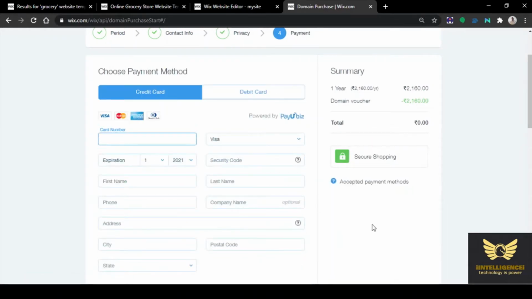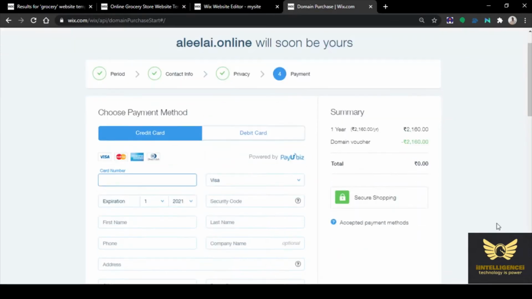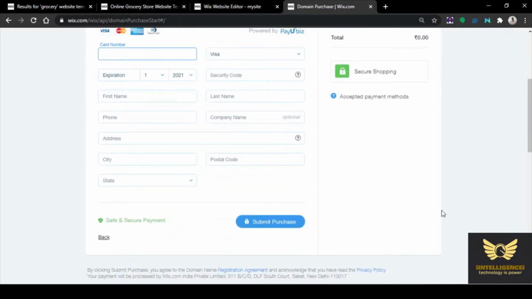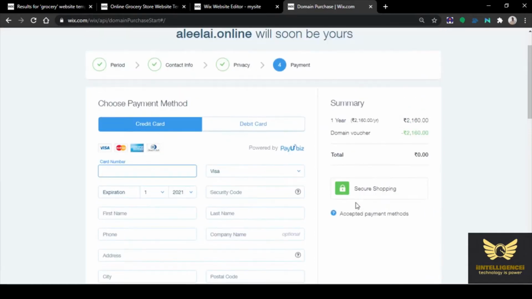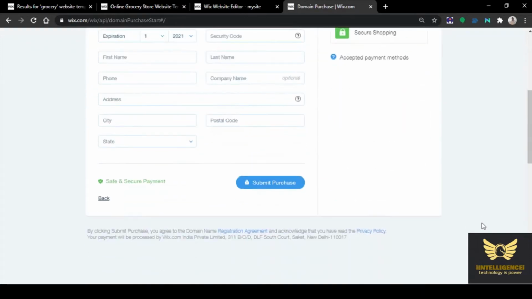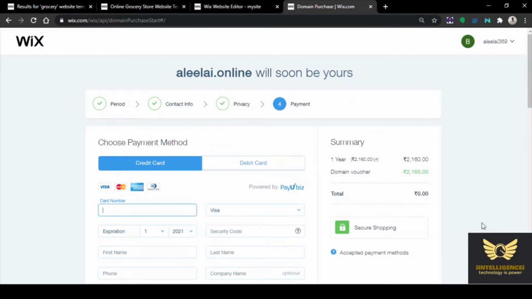Yes, again you need to give the payment method, debit card and credit card details. Initially we gave it for converting the website to premium. Here we are giving the credit card or debit card details to purchase the free domain.